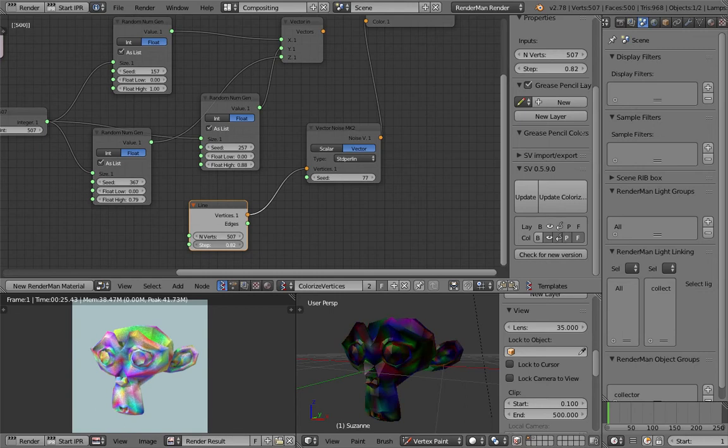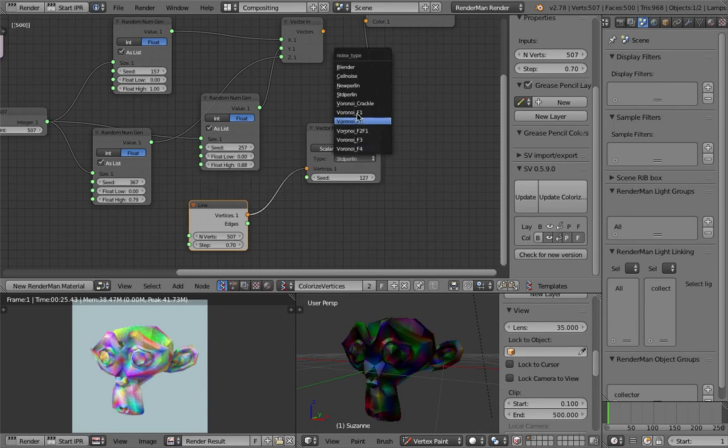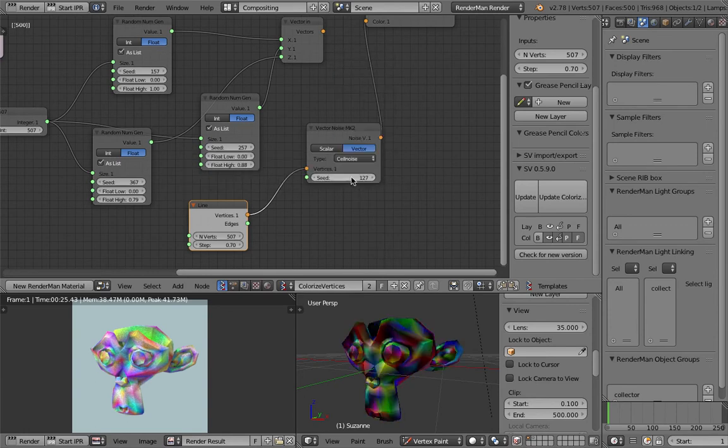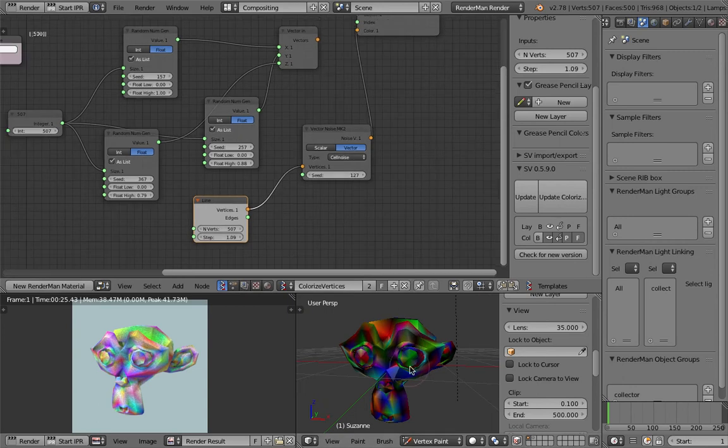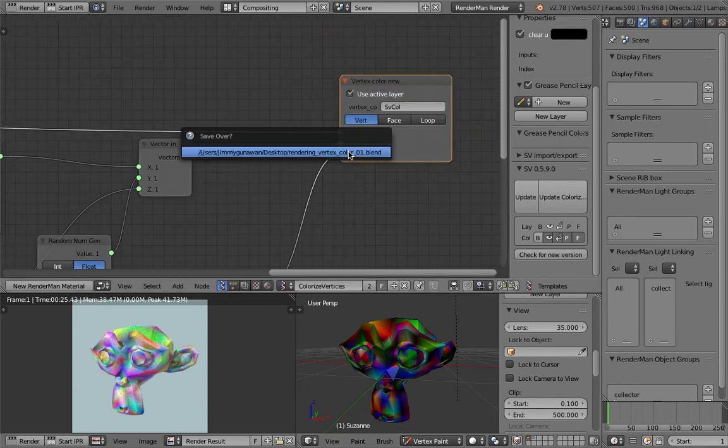Stepping controls the scale of the noise. We have the seed. Okay, cool. I think Zephy works on this. Very nice. Yeah, we can colorize it that way, or we can use the